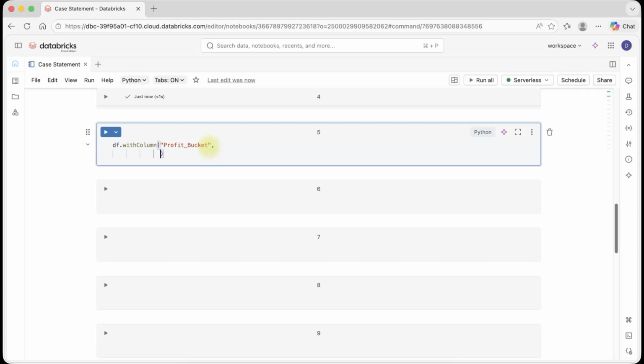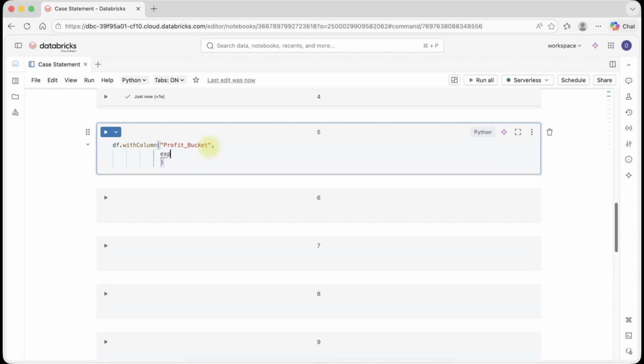In the second argument we use the expr function. In this expr function we can use a case statement. If you know SQL then this is good for you and you will understand quickly. So CASE WHEN the first condition is when profit is less than 0,